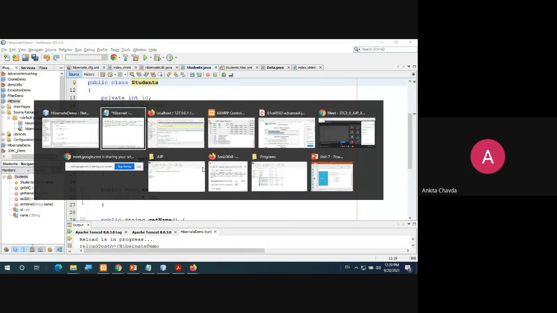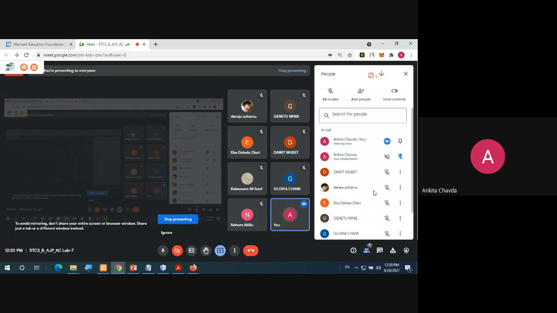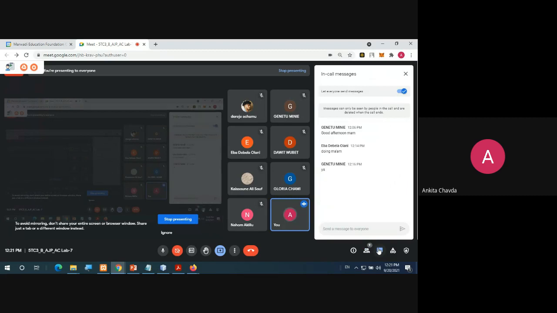Is this thing clear? Yes or no? I mean, see, this is the program you need to perform. I'm showing you, but you guys are not even saying yes or no. So this is really not expected. One is answering. What about the others? Should I remove them from the meet? Do you want me to do that? So I can remove you. No worries.